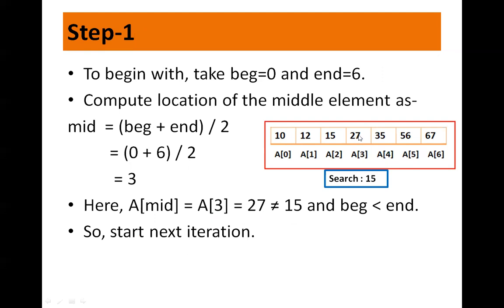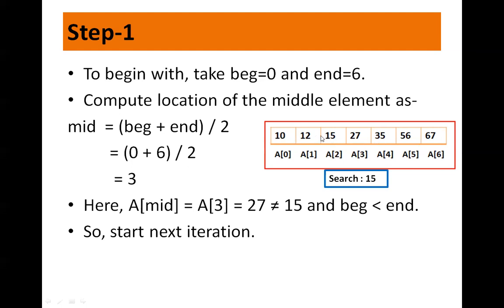If it is found, then the search is over. If it is not found, then you check whether the item you're searching for is smaller or greater. Right now, suppose you're searching for 15 and the middle item is 27. The item you're searching for, 15, is smaller than 27. So next time you'll be searching only on the left side of the midpoint. You'll not be looking at these items at all. You'll be searching on this side.